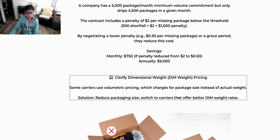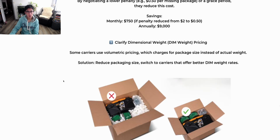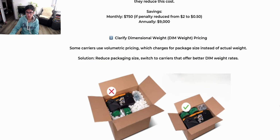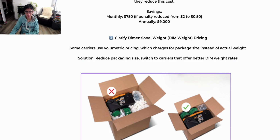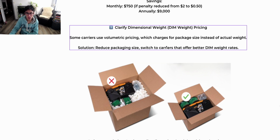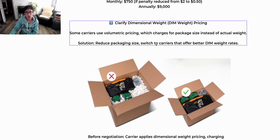3. Clarifying dimensional weight pricing. Some carriers use volumetric pricing, which charges for package size rather than the weight. So you can have two items weighing the exact same, but one is just bigger, so you end up paying more. So the solution is you can either reduce the package size or switch to carriers that offer better